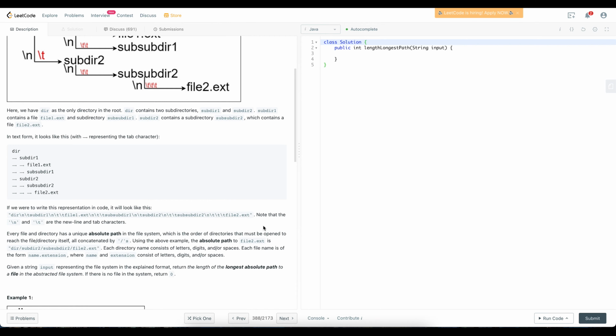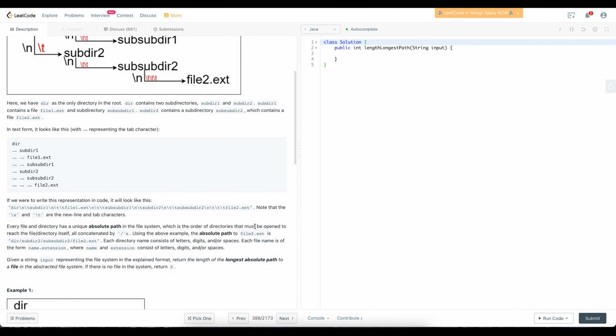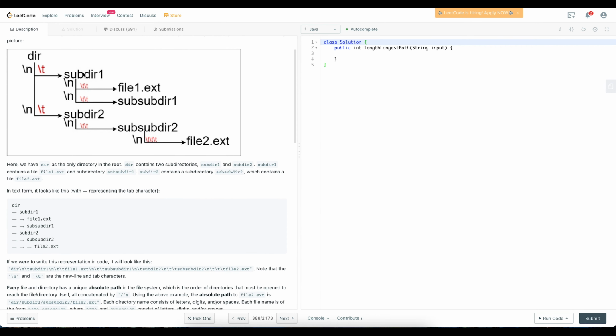Every file and directory has a unique absolute path in the file system, which is all the directory's names concatenated with slashes and then the file name. So the absolute path of file1.ext would be dir/subdir1/file1.ext. The absolute path of subdir2 would be